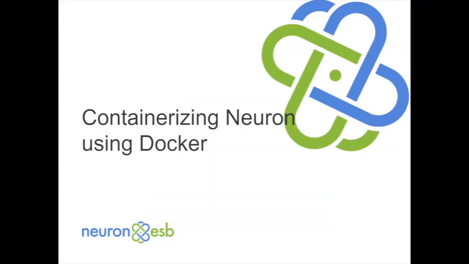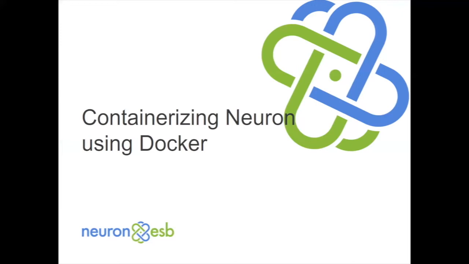Let's talk about Docker and why it was important for us to build and run Neuron packages as a container. We had a feature in Neuron where you can install multiple instances of Neuron on the same machine or different machines. Although it lets you install multiple instances of Neuron, you have to make an adjustment like enabling port sharing or changing the ports for a specific instance. We had customers come to us and tell us about all those issues which they are facing. So we listened to our customers on a number of issues when they have to run and install multiple instances of Neuron, and we came up with the Neuron container approach.